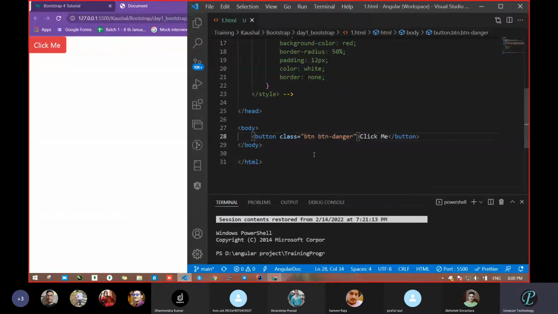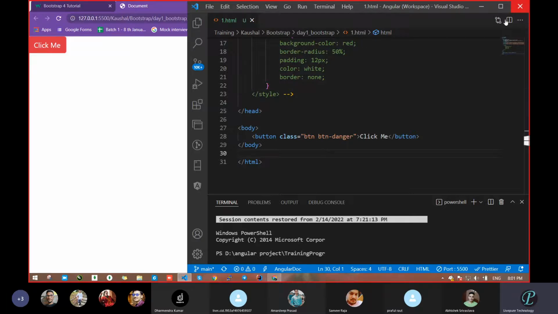See, the first thing, when you add Bootstrap, you have to check whether it's working or not. Many times it will not work. How? Suppose you have just installed and configured it, it will not work. In that case, restart your VS Code and then check. Got my point?